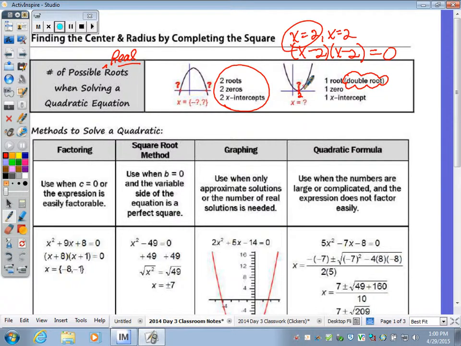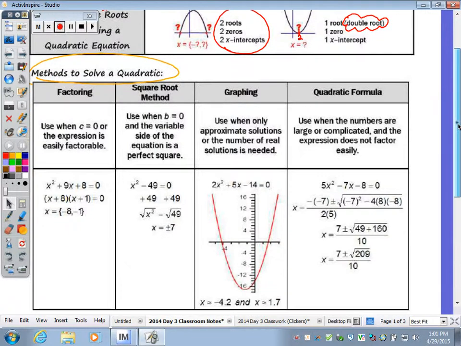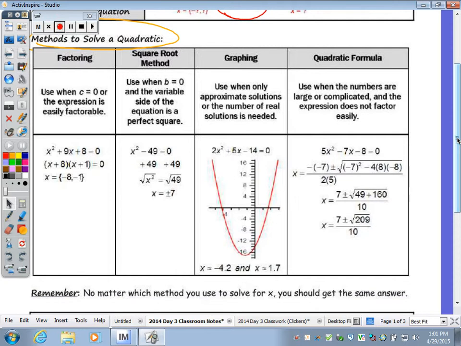So take the time. These are methods you have learned in solving or finding the solutions of a quadratic equation. So just scroll through and look at the columns. Again, this is just a review of what you've already done. All right, so in the first column, when given a quadratic equation to solve, if you can factor, you